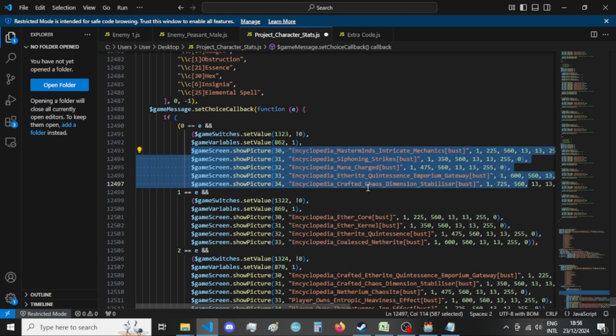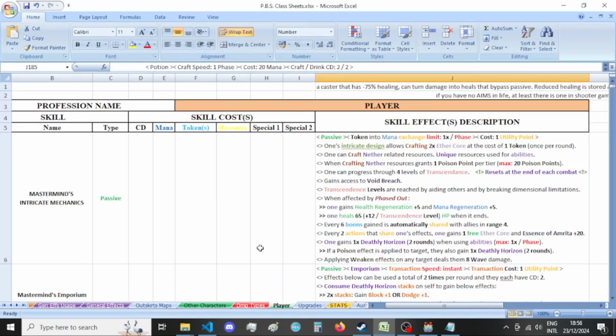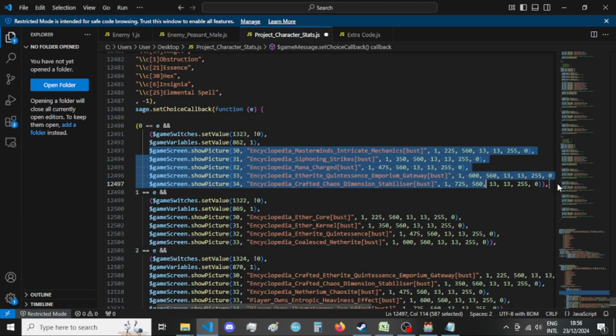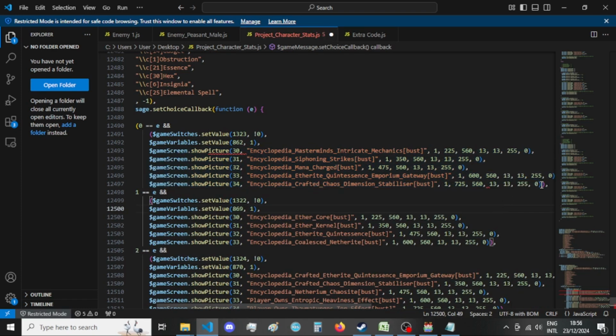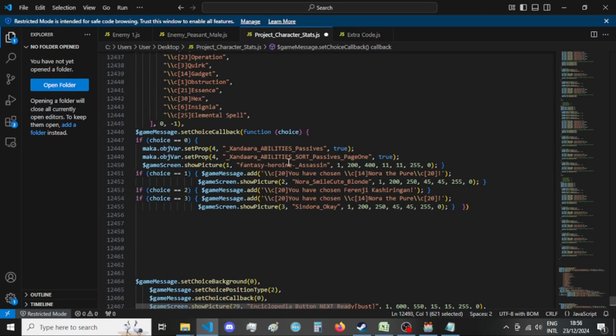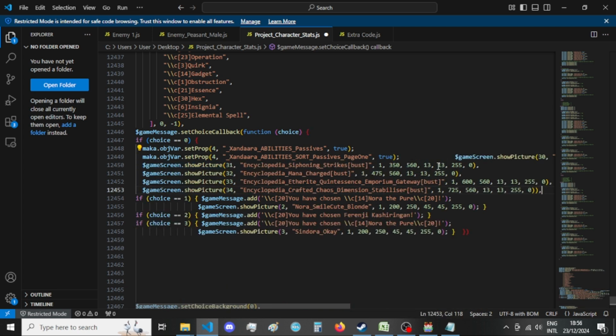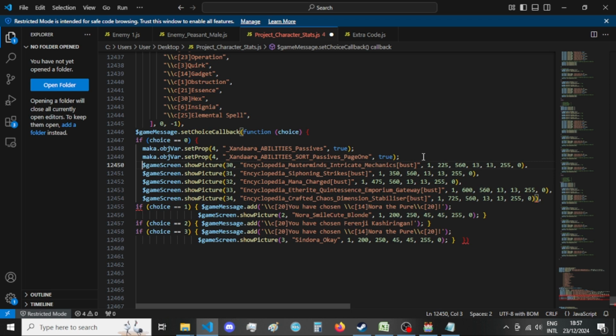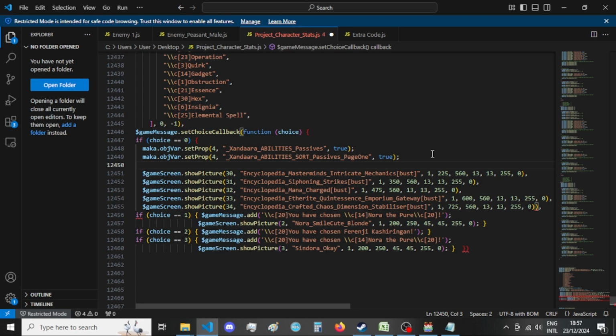Wait. Mastermind's intricate, blah blah blah. I'm gonna have to take them in the correct. No, what was I doing? Copy these. I don't need the picture though. That was just an example. And you come in here. Yes, yes. If set choice,